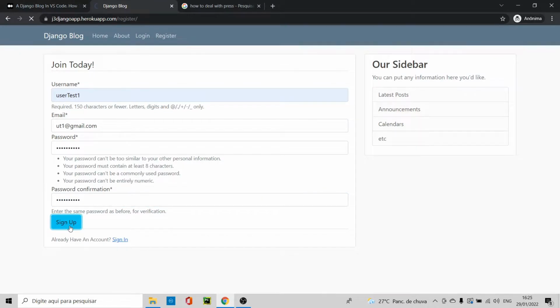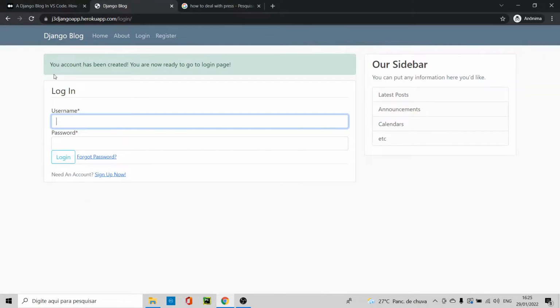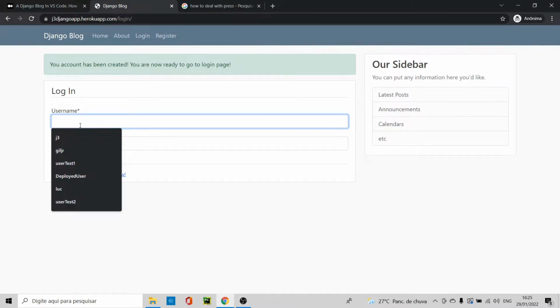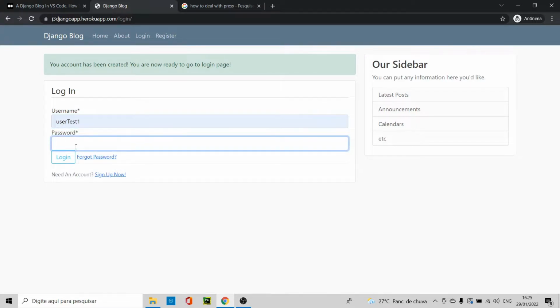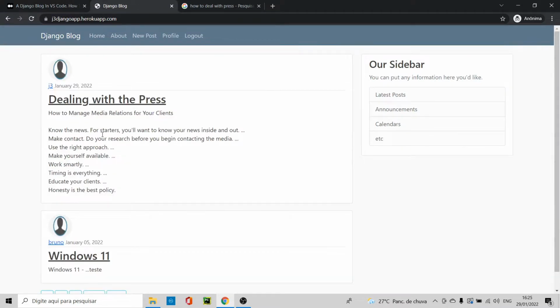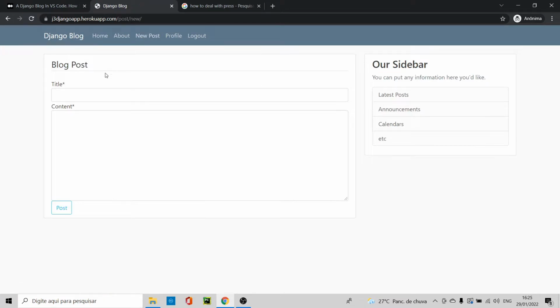Let's sign up. Once you sign up, your account has been created and you are now ready to go to the login page. And yes, here you are, user test one. Let's log in. We are logged in. Let's make a new post, and let's title it my blog,